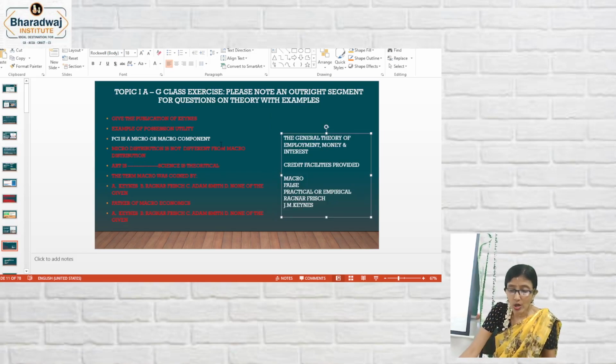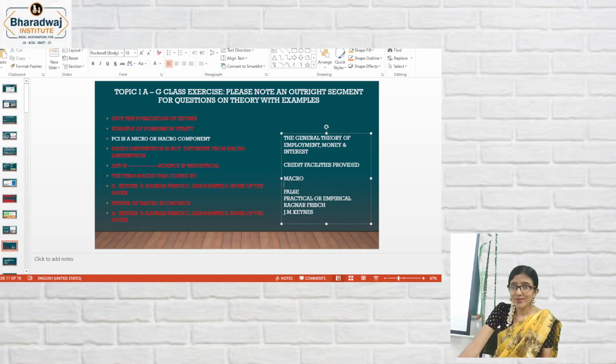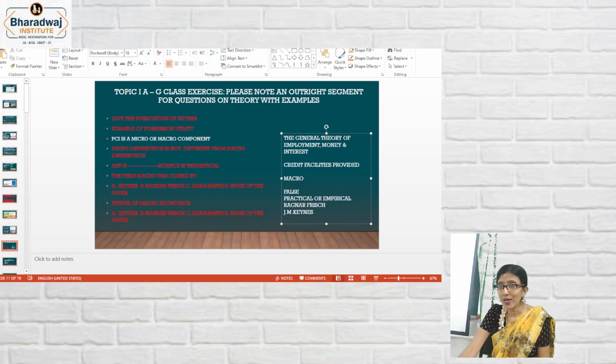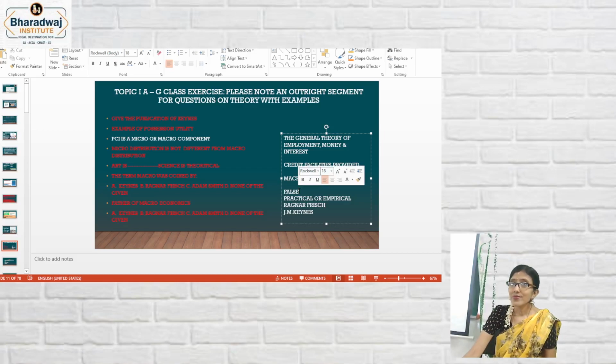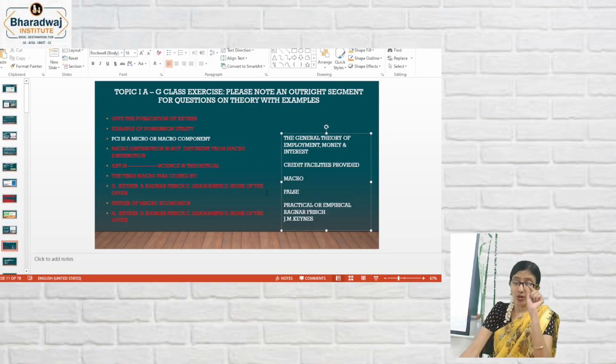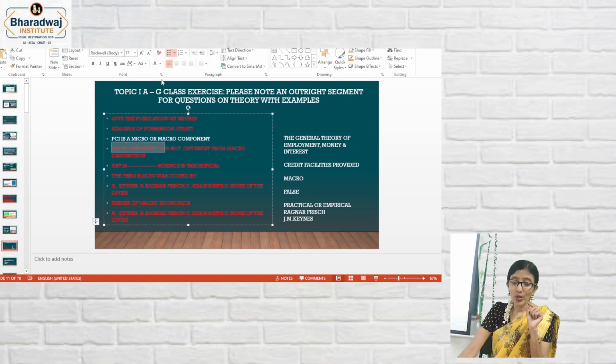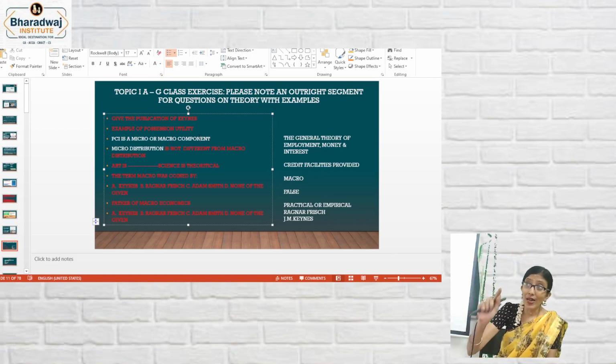Micro distribution is not different from macro distribution. False. Why? Because micro distribution is different from macro. Can you tell me how? Macro is aggregate, but that apart, in distribution you're concentrating on micro and macro. Look at the term micro distribution. Together you have to note. Micro distribution is factor price fixation, whereas macro distribution is relative shares of these factors in the total income.